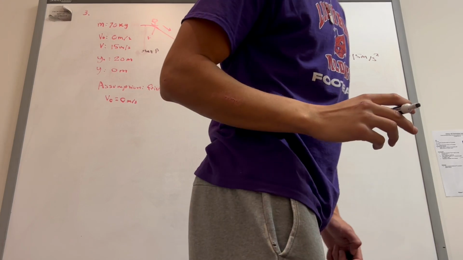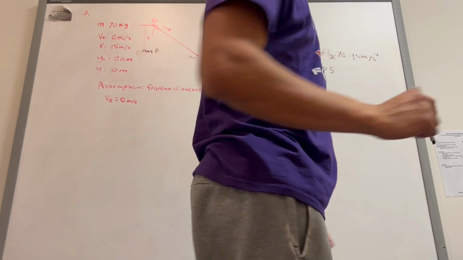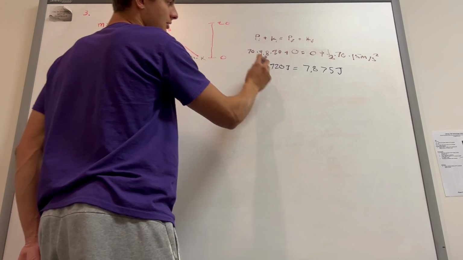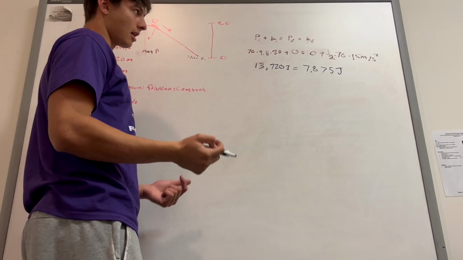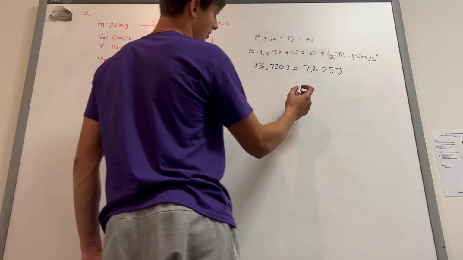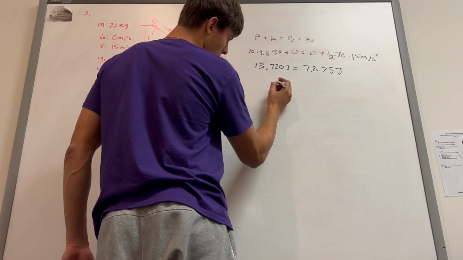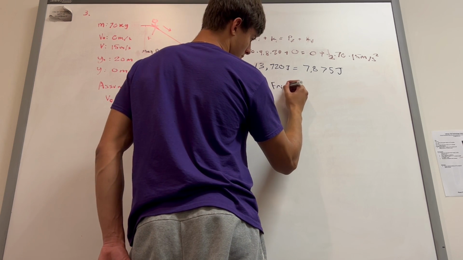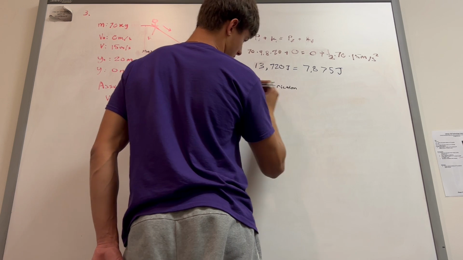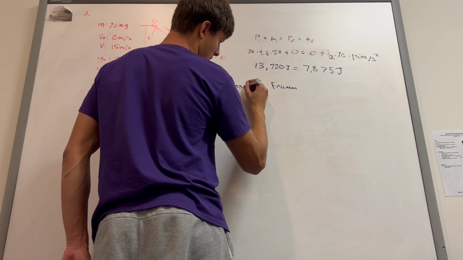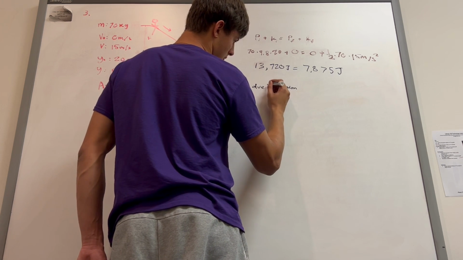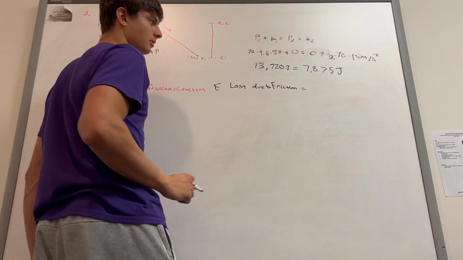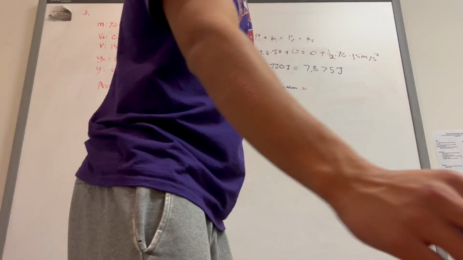7,875 joules. Alright, so this law is saying that these should be equal to each other, but they're not. And that lost energy is due to friction. So it's going to be lost due to friction. So energy lost due to friction is equal to